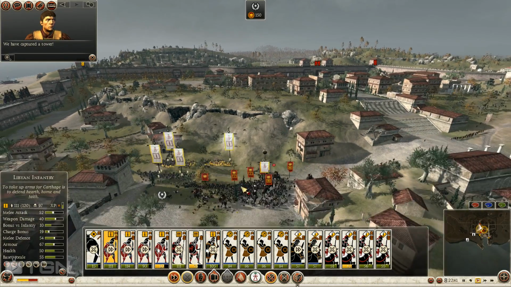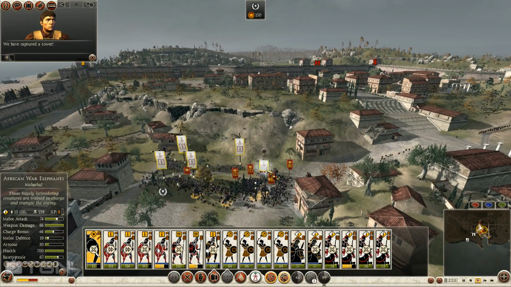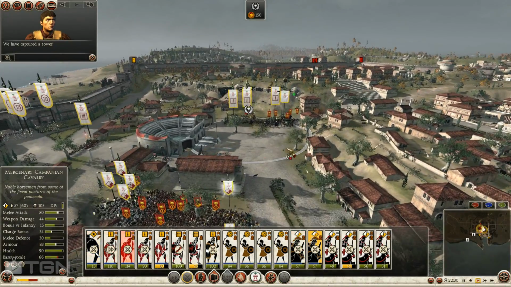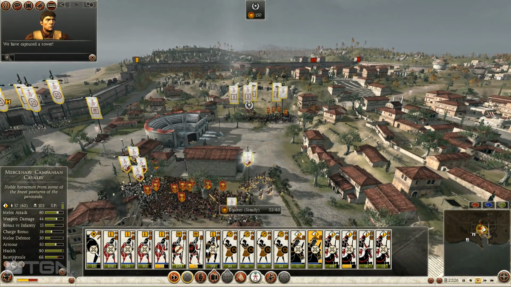There's some Roman Principes in the vicinity. My general is taking some damage, unfortunately. Hopefully we can minimize that. I've got my infantry now here to support. Let's bring this Campanian cav in here and see if we can effect a rout a little faster in this vicinity. I'm not as worried about this fight at the moment,